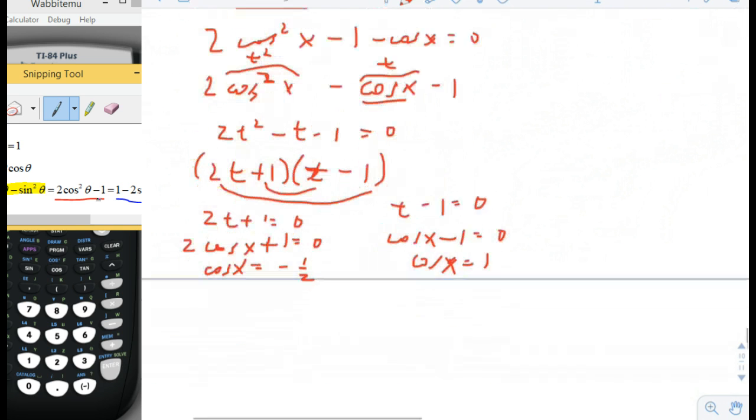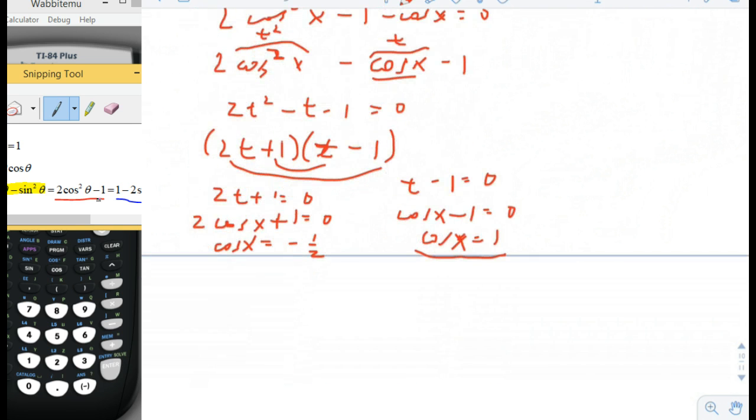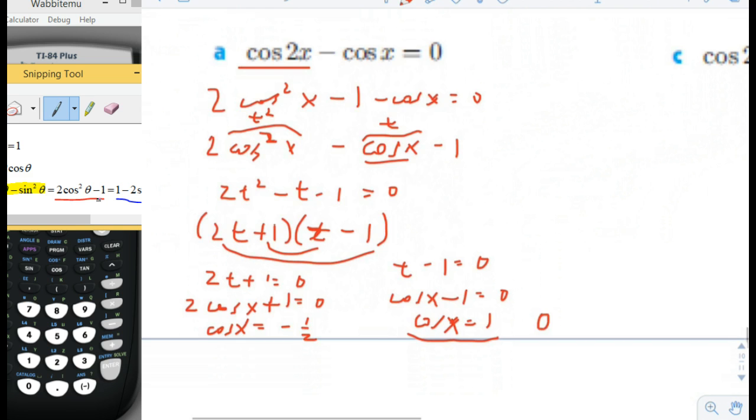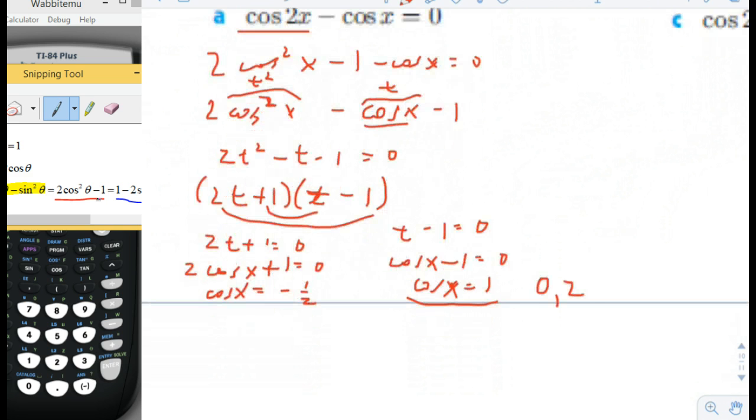Cosine of x equals 1. That happens at pi over 2. Oh, I'm sorry. That happens at 0 and 2 pi, right? And cosine of x equals negative 1/2, that occurs at negative